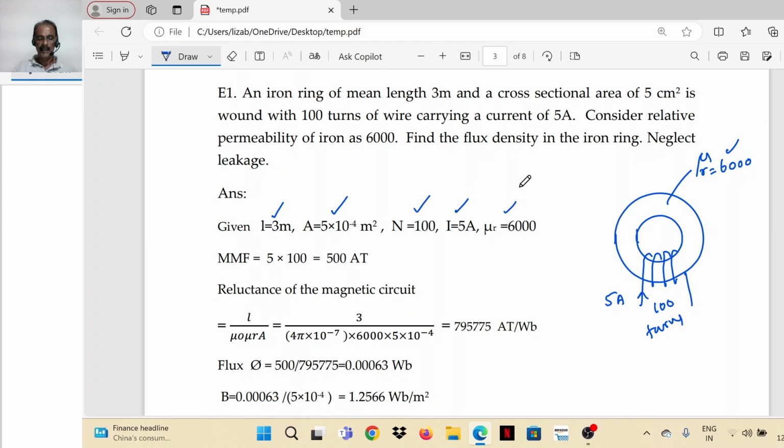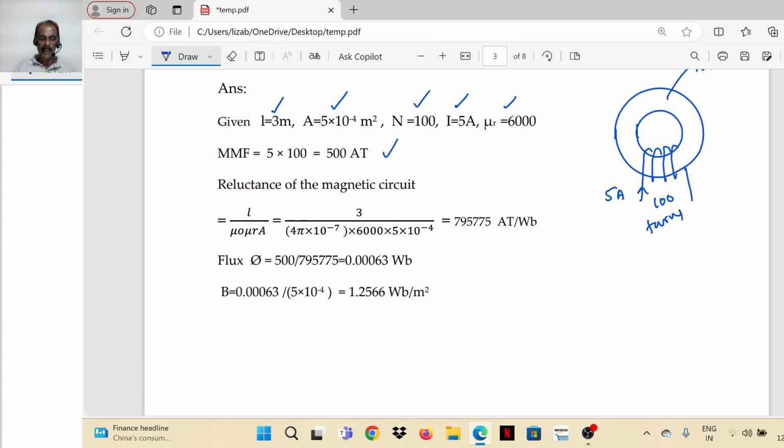Relative permeability 6000. So MMF is equal to Ni, 100 into 5, it's 500 ampere turns. And reluctance of the magnetic circuit is L divided by mu naught mu r into A. L is 3 meter. 3 divided by mu naught, which is 4 pi into 10 to the power of minus 7, mu r relative permeability 6000, cross-sectional area 5 into 10 to the power of minus 4 meter square. We get this answer. So flux is equal to ampere turns divided by reluctance, or MMF by reluctance. MMF is 500. Reluctance, this is the value. We will get it as